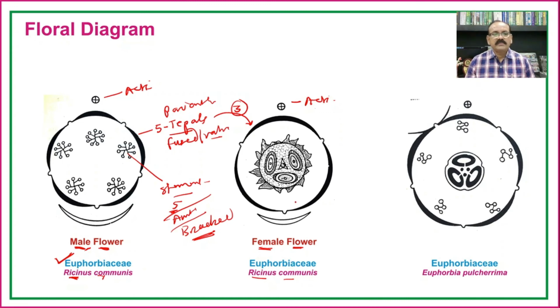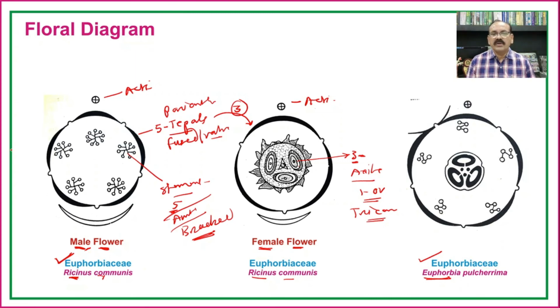In the female flower there is an absence of androecium, and in the male flower there is an absence of gynoecium. Hence in the female flower there is a presence of 3 carpels, that is, the ovary is tricarpellary syncarpous, with axile placentation and 1 ovule in each locule, and it is trilocular.